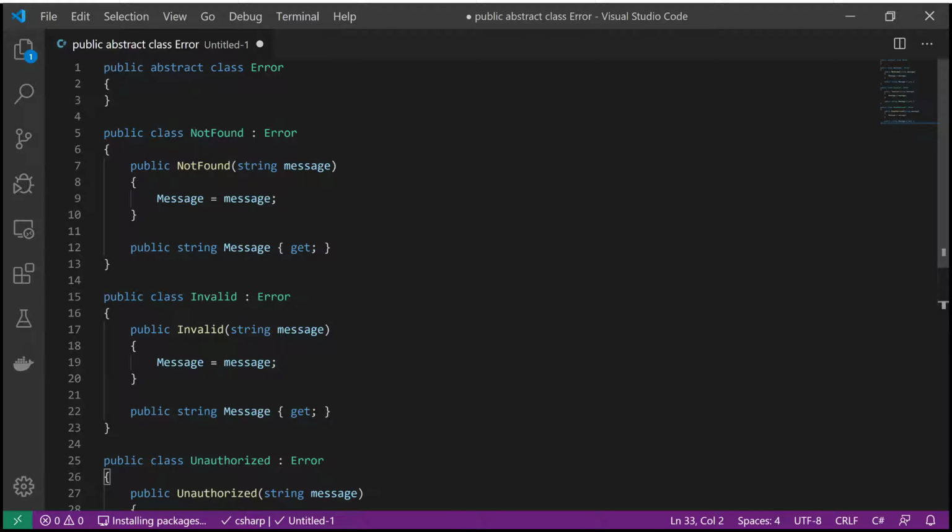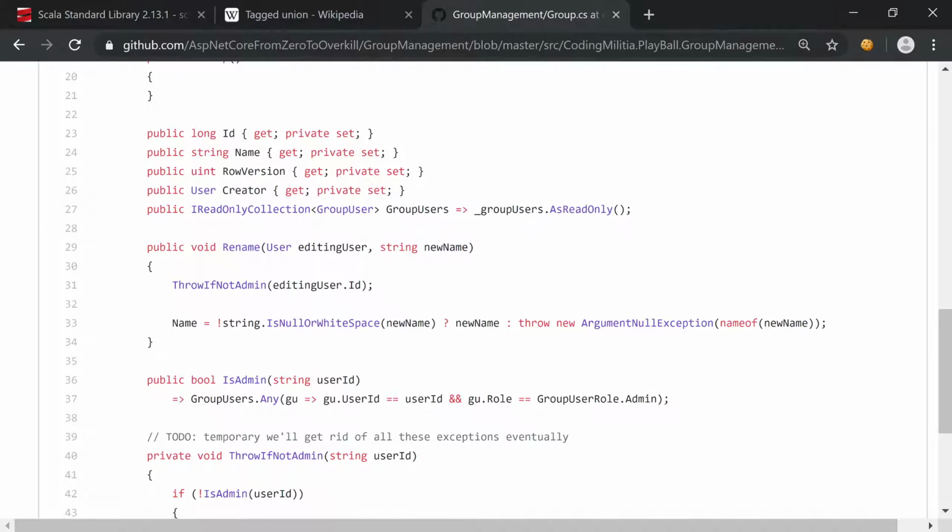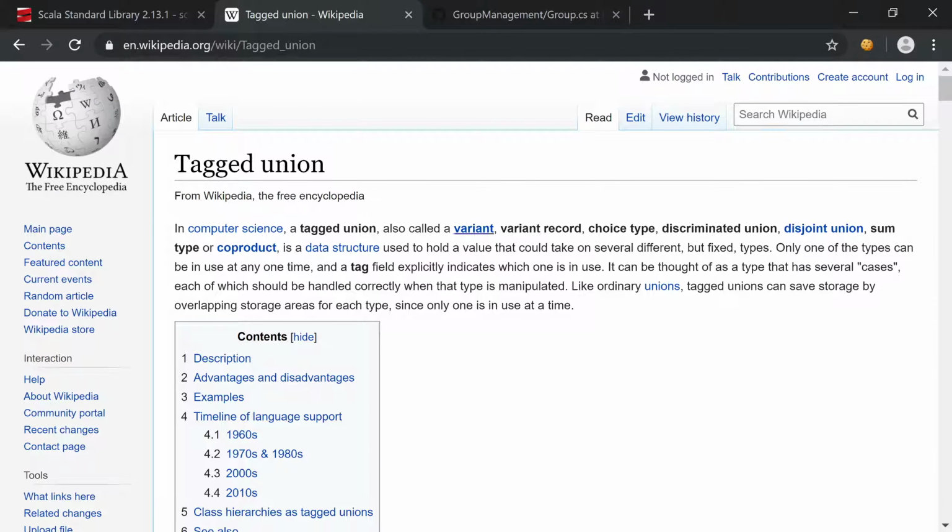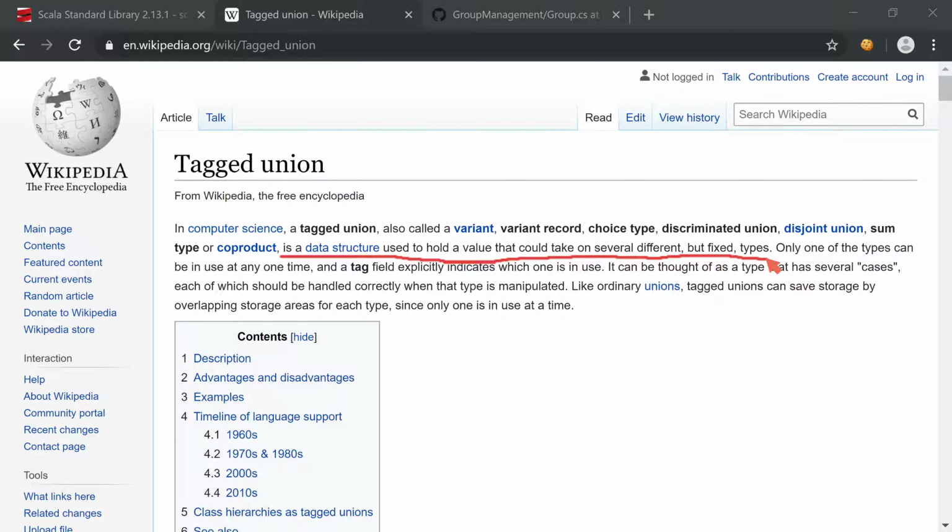So then enters this notion of a tagged union, or from Wikipedia, tagged union, variant record, choice type, discriminated union, disjoint union, sum type, or co-product. What a lot of names. But what's important is a data structure used to hold a value that could take several but fixed types. So the most basic example is the enum. An enum is a tagged union